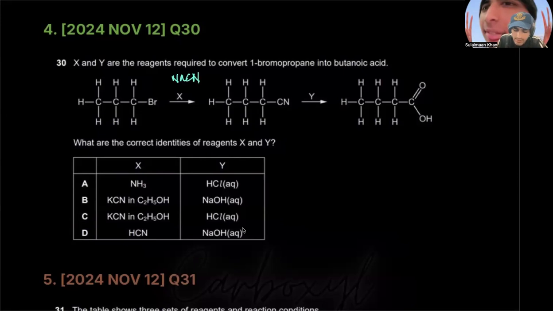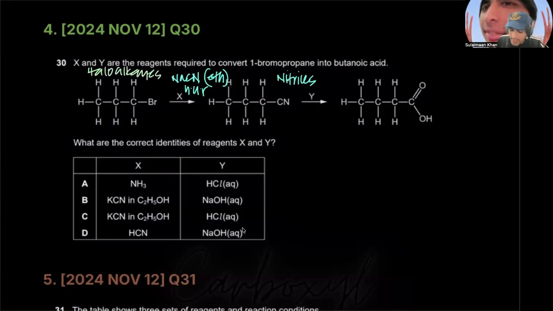Again, NaCN or KCN, and it must be ethanolic. It can't be aqueous, because if it's aqueous, then the OH minus in the water could cause this fella to go into an alcohol. So it must be ethanolic and heat under reflux. Why? Because obviously these haloalkanes are normally volatile, so we don't want them to escape. We want a good conversion product, and that's how you end up with nitriles. See, this is how easy these things are. So you went from haloalkanes